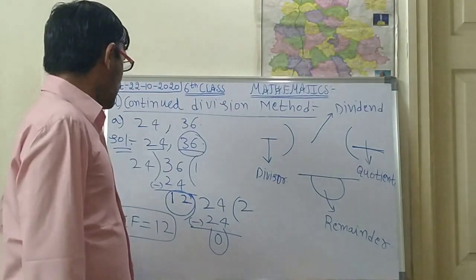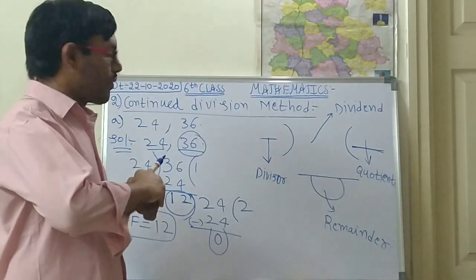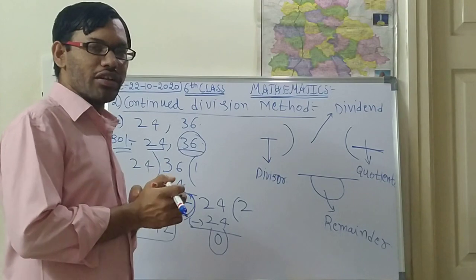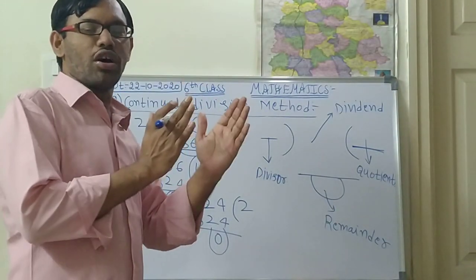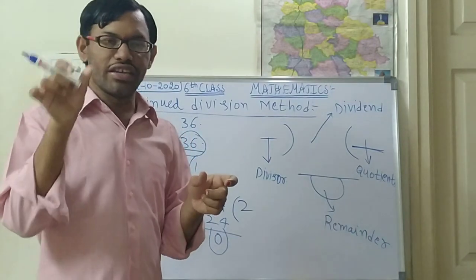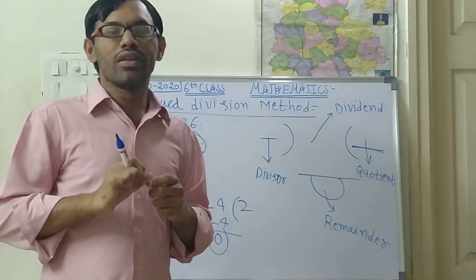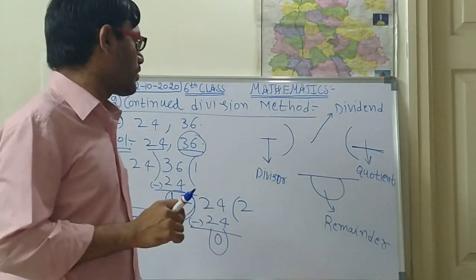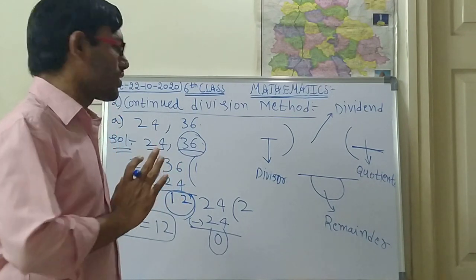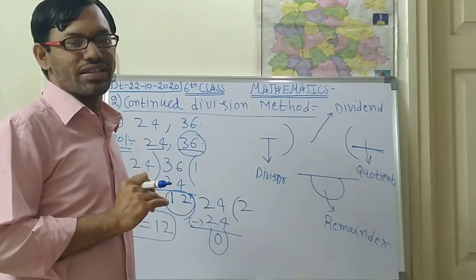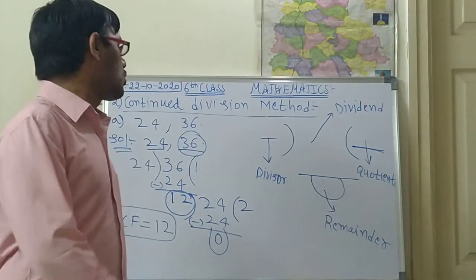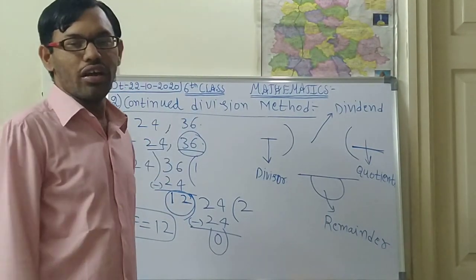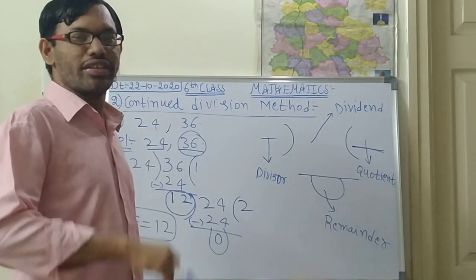Here I have taken two numbers. Suppose three numbers are there, what should you take? Among the three numbers, find the greatest number and the smallest number. First you should do the division for the greatest number and the smallest number. If you want, you can note this down in your classwork. I won't say this method again in the live classes. So now pause this video and note it down in your book, or else listen once again carefully.